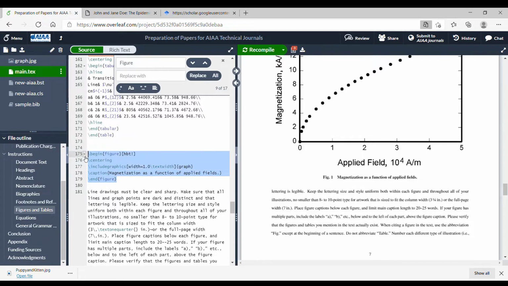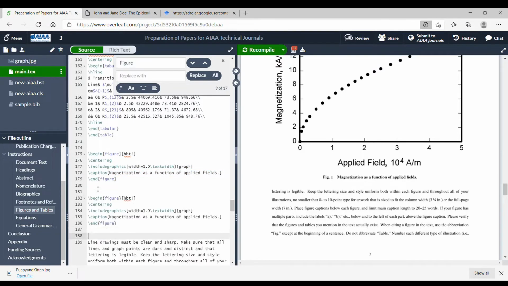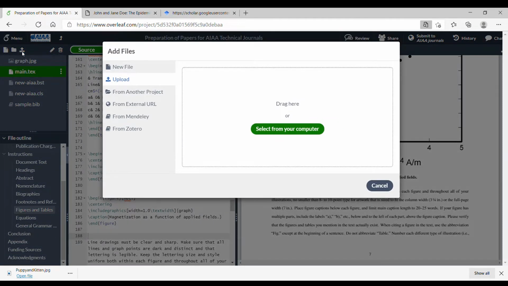So if I wanted to put my own figure in, I'm just going to copy what's already here and then change the things that are unique about my figure. So the first thing I would need to do is upload some graphic that I want to use as a figure. I can do that by coming up to this little upload arrow here, hitting upload, and now I have to go select one from my computer. I already have a figure in mind, so I'll hit select from my computer, and I know mine is on my desktop, and I have called it,